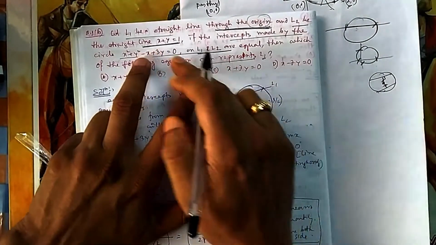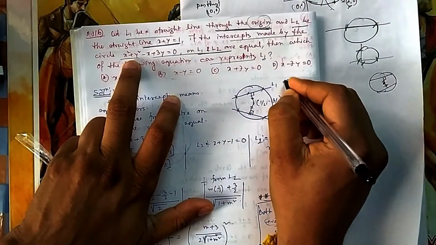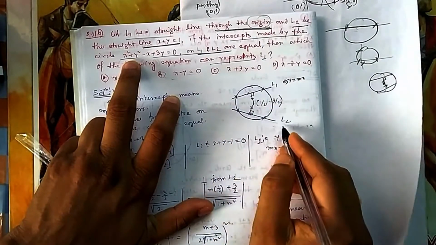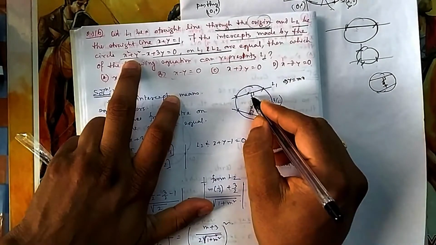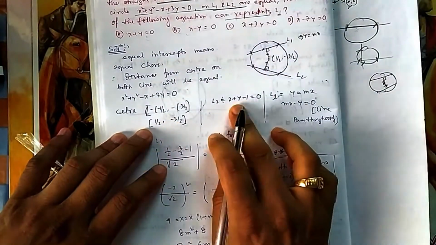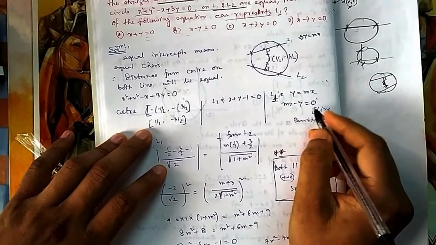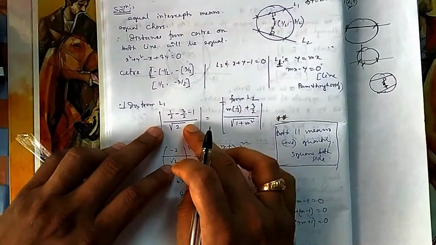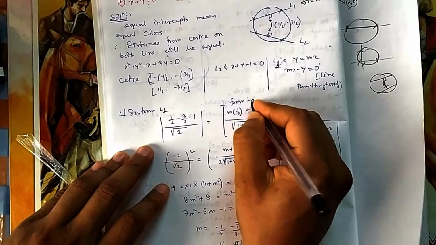The center you can know from the equation of the circle. You take L1 as y equal to mx because it is passing through the origin with slope m. So you calculate the distance from the center to this line and from the center to the other line; both should be equal. This one you know, this one you don't know. From that you will find m. So that is the idea, simple. L1 and L2 are given; for L1 I have considered y equal to mx, or mx minus y equal to 0. Sorry, this is L2, and this distance is for L1, because L1 is unknown.